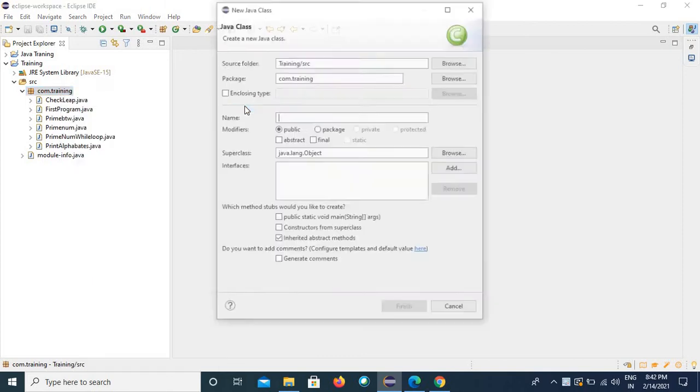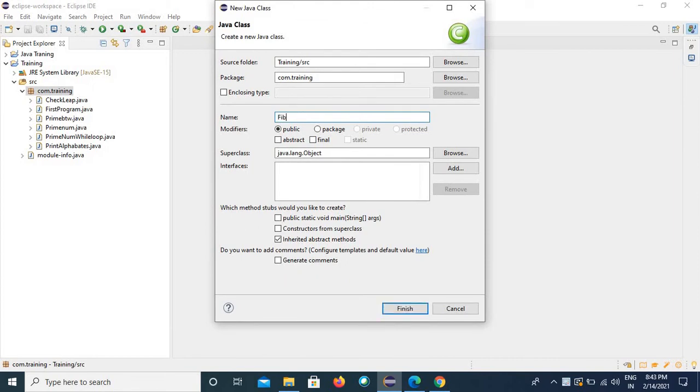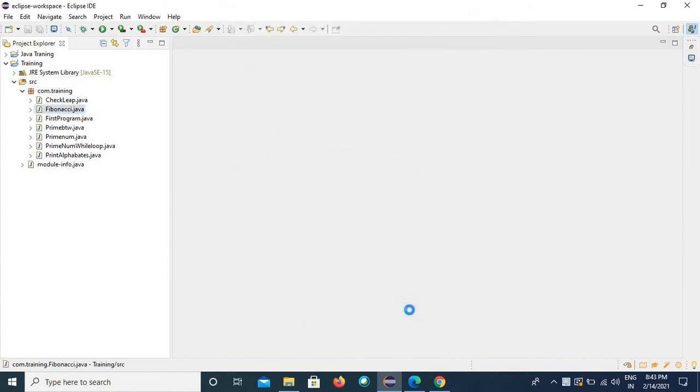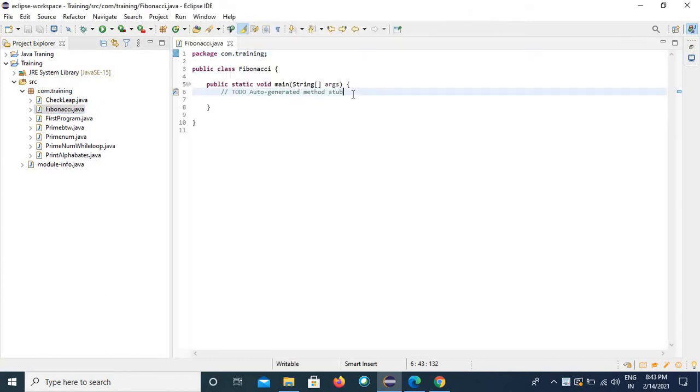So let's see. Create a class Fibonacci. I'm just giving this name, and then public static void main and finish. So first you need to understand what is Fibonacci series. When I say Fibonacci series, whenever you have the numbers, for example, I'm starting with 0. So 0, 1 and then